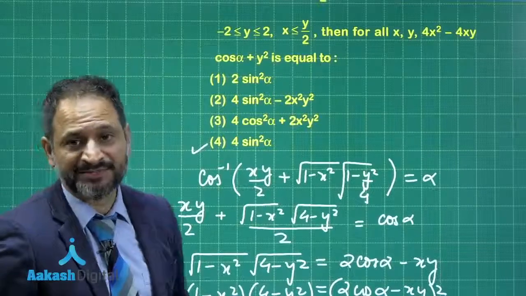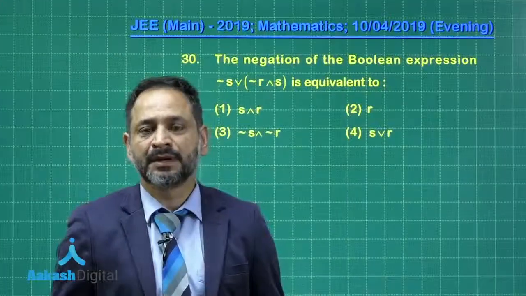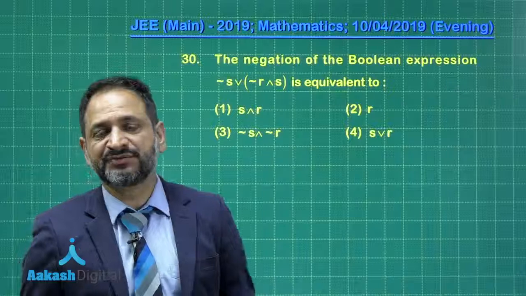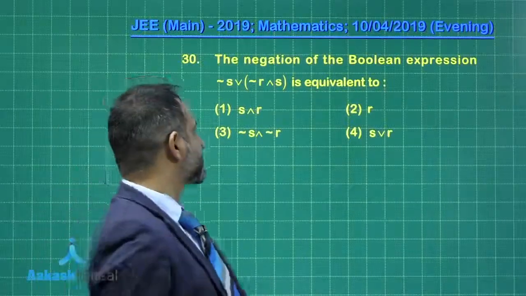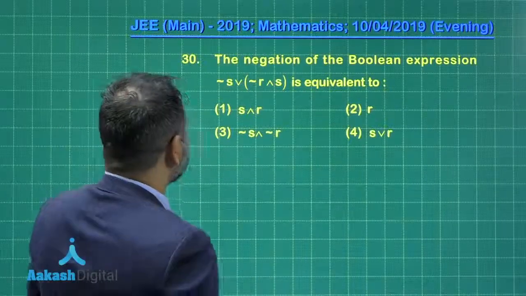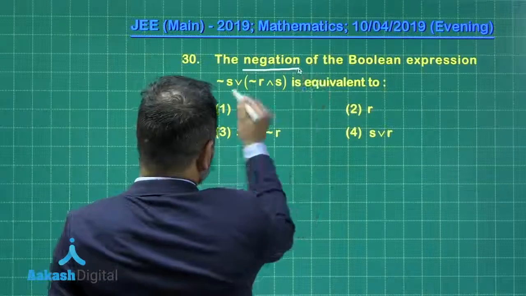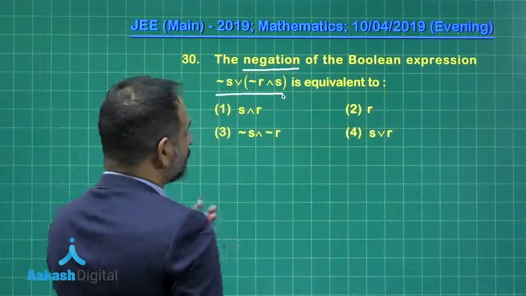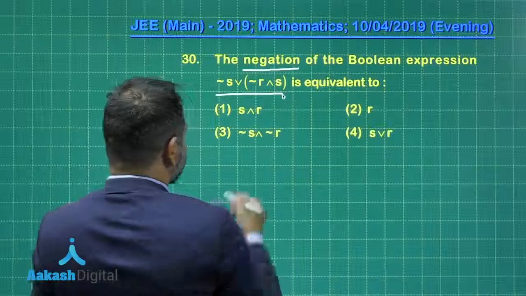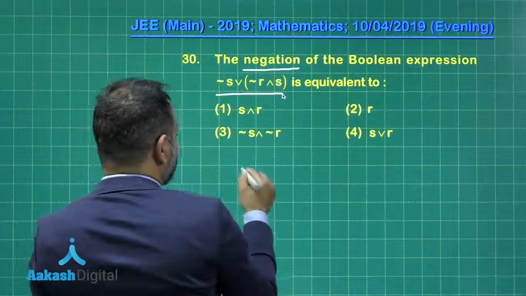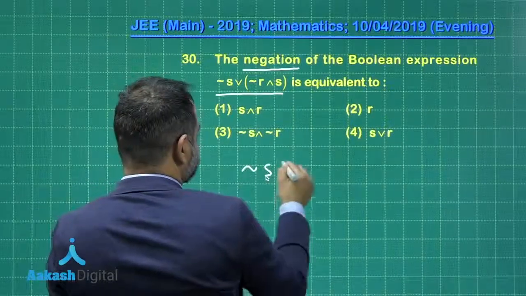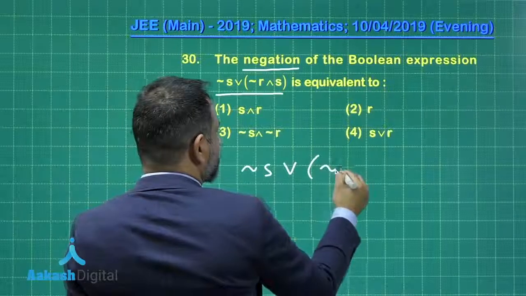Moving to the last problem. So here is the last question, which is from the Boolean algebra, and we have to find out the negation of this statement. So let us see. First we need to simplify this. It is negation S or negation R